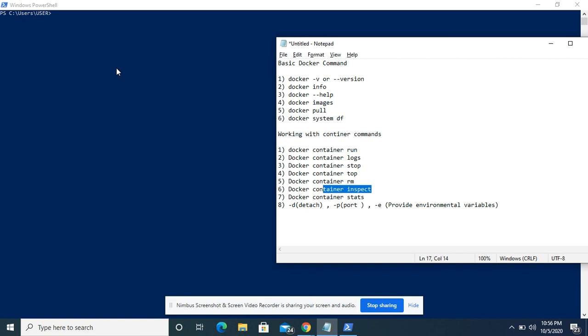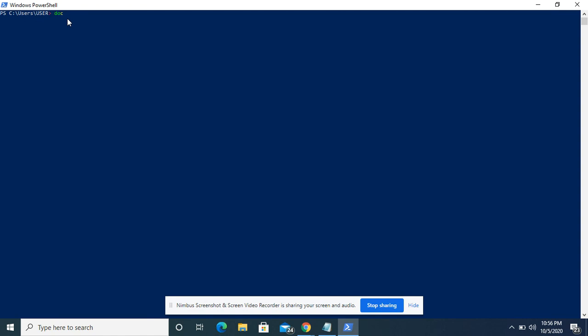Okay, so my last command is docker container stats. It's an important command. What stats does is show me all my current usages like container IDs. Currently, I don't have any active images. So it will show me the container ID, name, CPU utilization, memory usage, and PIDs of the image. Currently, I don't have any active images, so it's not showing me anything.